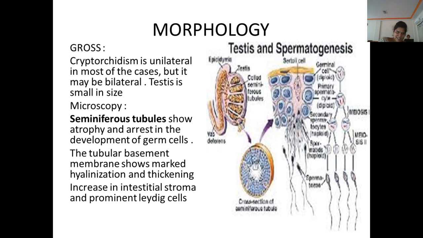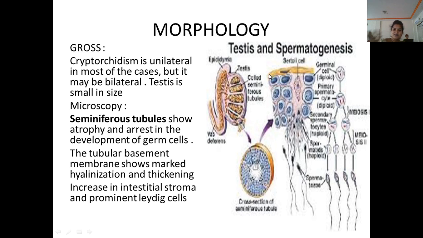Microscopically, when we see the cut section of the testis, the seminiferous tubules show atrophy. Atrophy is a process of reabsorption and degeneration of the tissues, and there is arrest in the development of the germinal cells. So when we see this cut section, there will be atrophy,